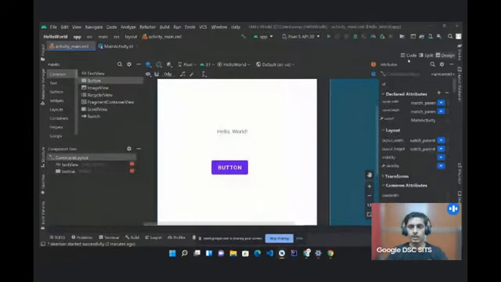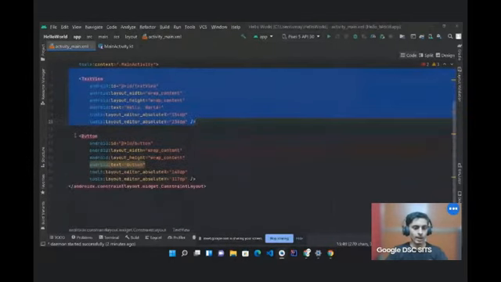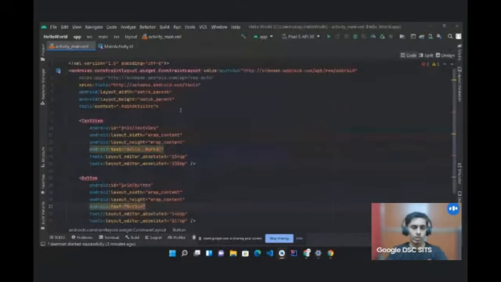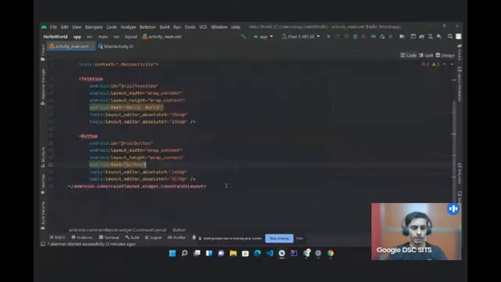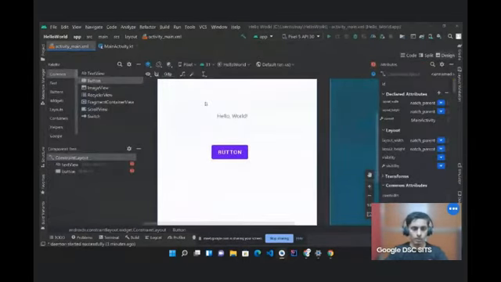Here, as you can see, there are three tabs. First is code, second is split, and third is design. Currently, we are designing the UI using the design tab by just dragging and dropping. After selecting the code, you will see the code required for adding the text view which we just added, and the button which we just added. So if you don't like the design window, you can just add the code and the buttons or the views will be automatically generated here.